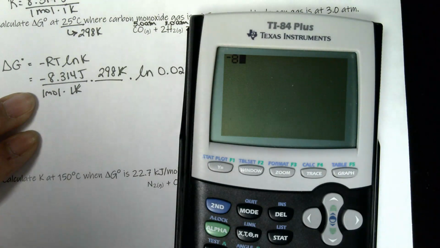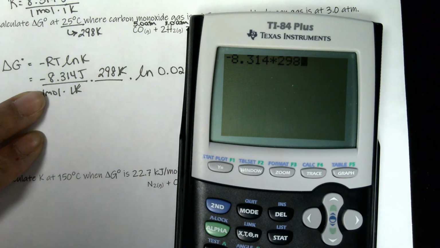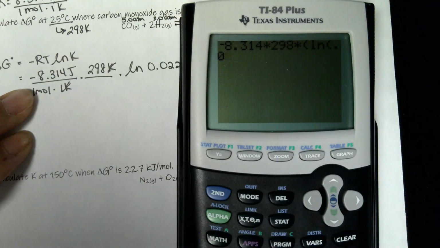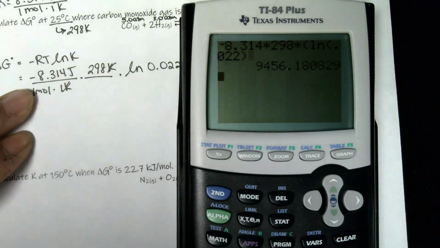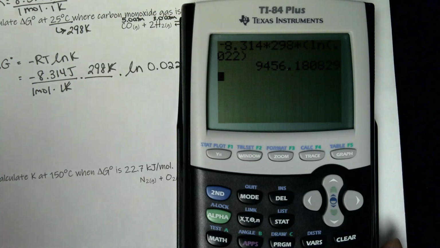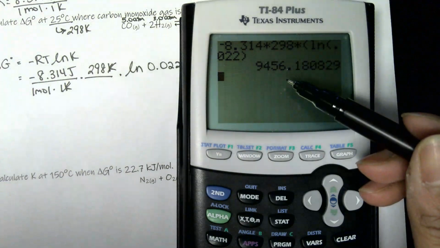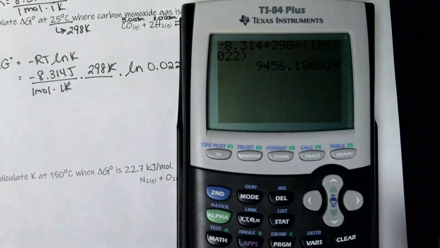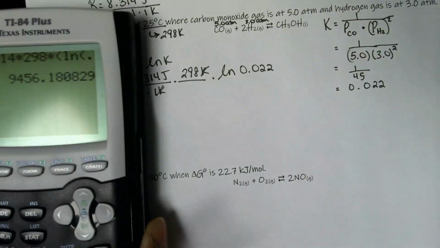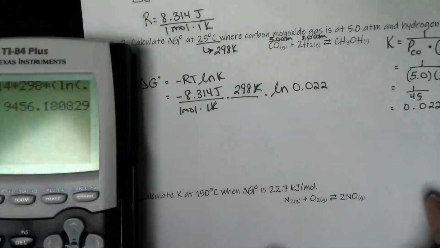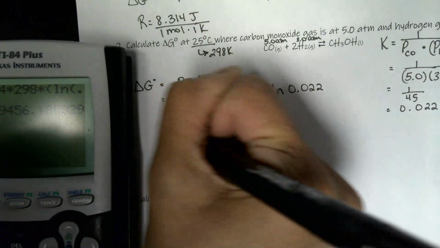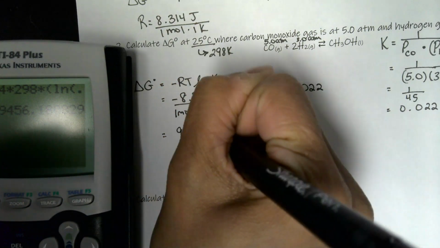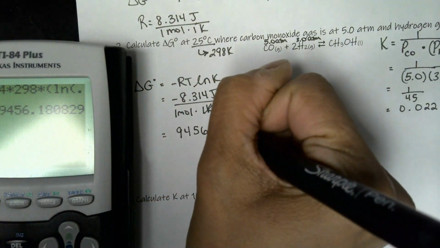Got negative 8.314 times 298 times natural log of 0.022, and I get a big number. Well, that makes sense. This is in joules. I don't know if you can see my calculator. My apologies if it's too much in the shadow. So that's 9,456 joules